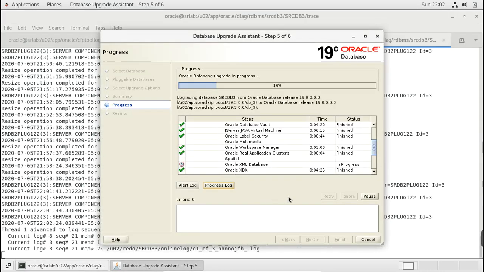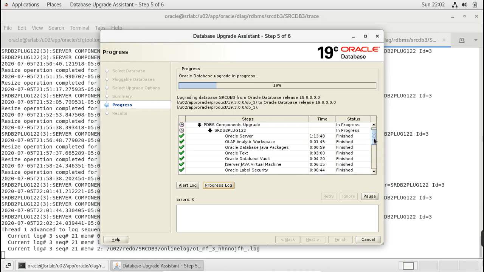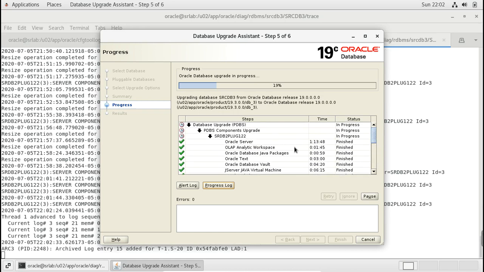It's 19 percent completed. As always, the Oracle server will take more time to get upgraded. So it took 1 hour 13 minutes to get upgraded. Other components will take only a few minutes. It will quickly upgrade.